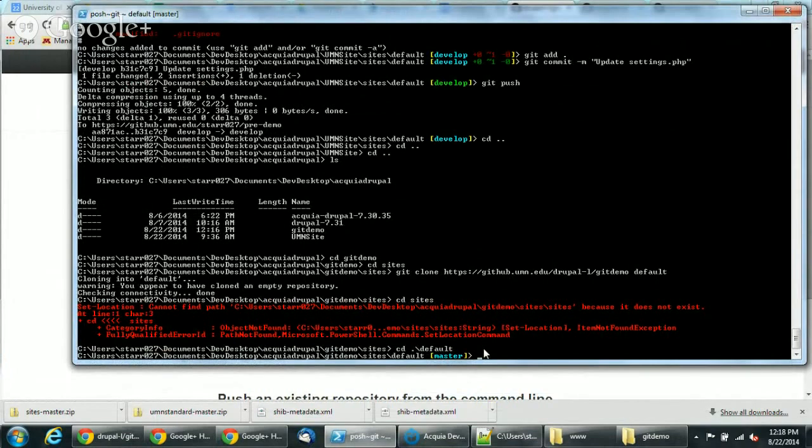So at this point, what I would want to do, this workflow is entirely up to you, but the way I think that the workflow would work best is if you do your work in the develop branch. So I'm going to create a new branch from here, and I will call it,